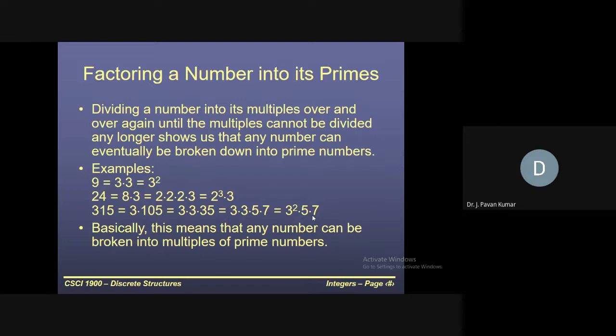And we have seen how we can check whether the given number is divisible by 2 or not, by 3 or not, 5 or not, and like that up to 11 and 13. We have seen what are the tricks that we can use in order to determine whether the given number is divisible by these prime numbers or not. Until this point we have completed in the previous class.